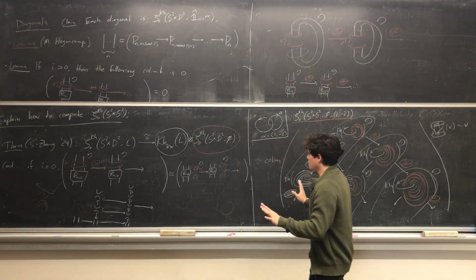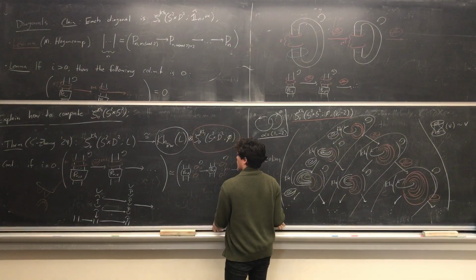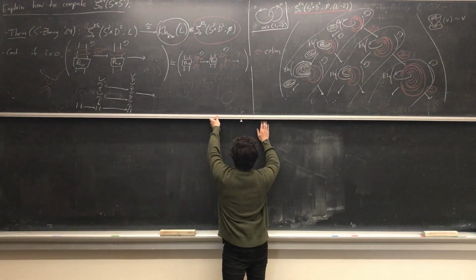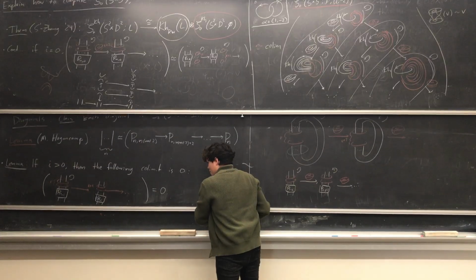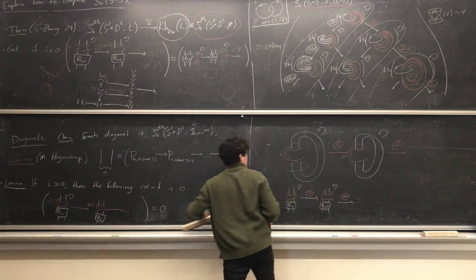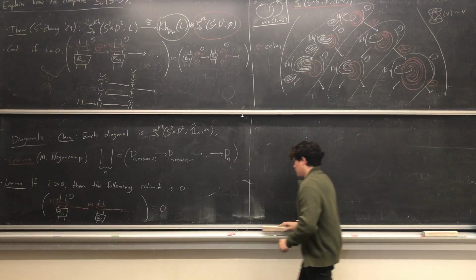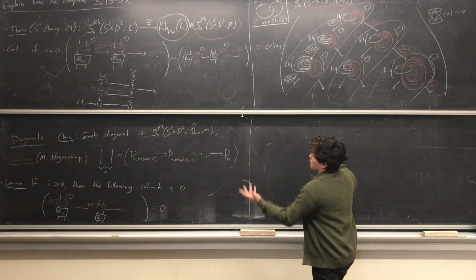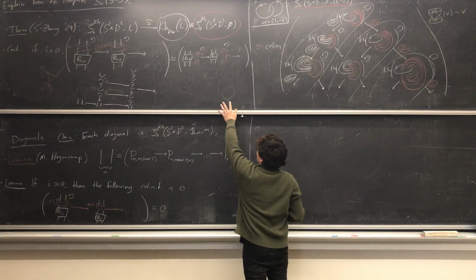I've slid everything off. And now if I close up, take homology, think of it as this colimit, this thing on the right,